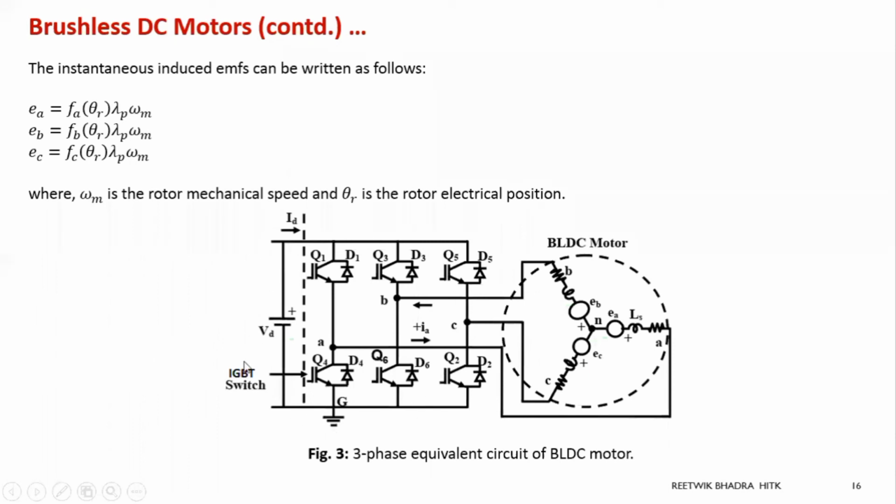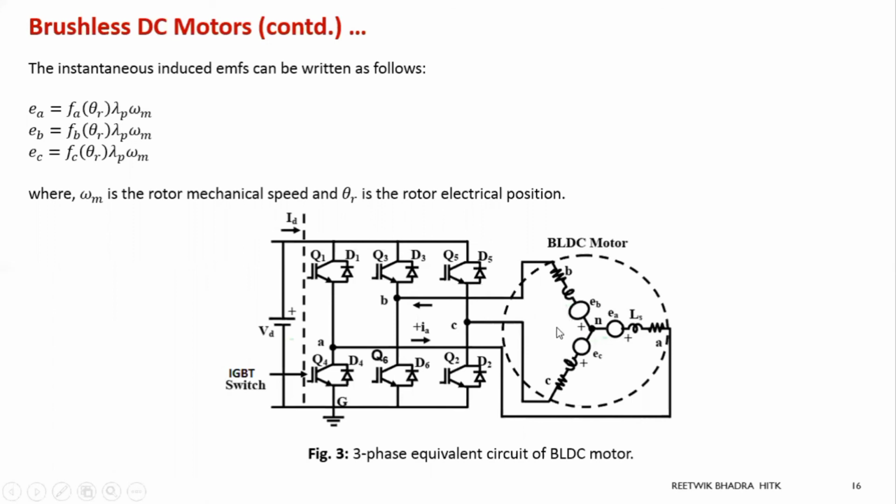If you recall, this is an inverter. Q1, Q3, Q5, Q2, Q6, Q4. Vd, the supply voltage, is a DC voltage, and at the output AC. And you know that if you take a 180-degree mode of operation, 3 switches conduct. If you take 120-degree mode of conduction, 2 switches will conduct. So if you know this operation, which we have already discussed in power electronics, you can easily understand which phase will be